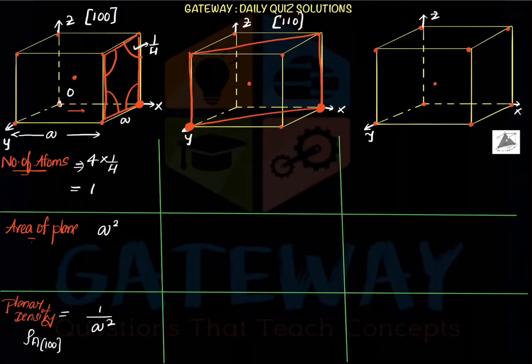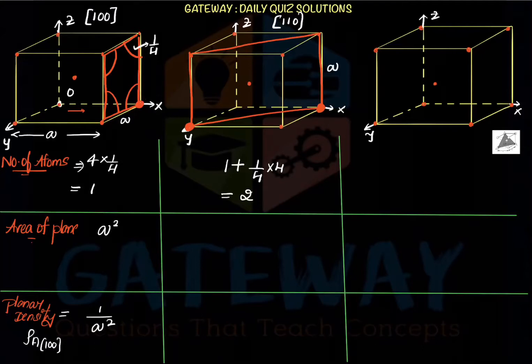When we take the 1 1 0 plane, we said already at the body center there will be one atom. So if we take that 1 1 0 plane to its back side and to its front side, both sides, we are having a complete total of 1 atom, right? So 1 plus, and at each corner, there are 4 corners. The 4 corners contribute 1/4 of it, so 1/4 into 4. So the total number of atoms will be 2, and here the area will be different.